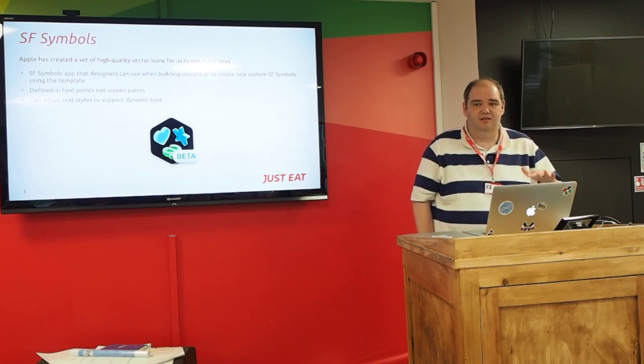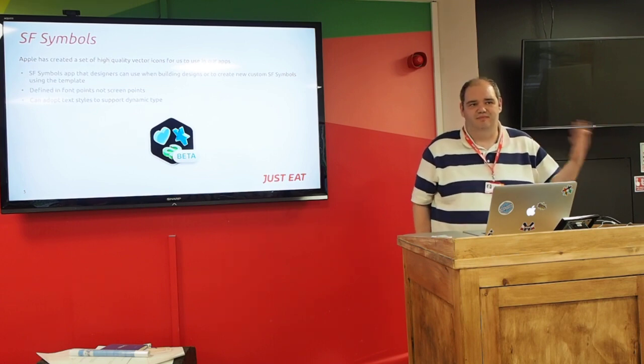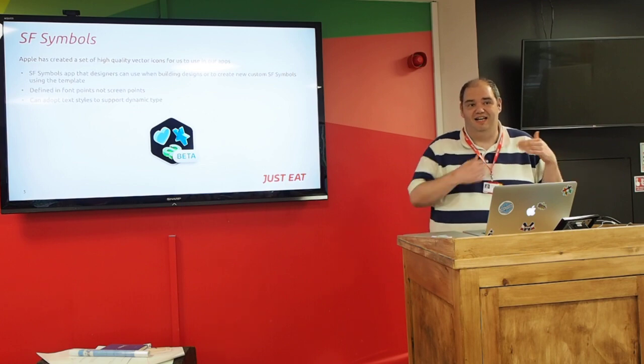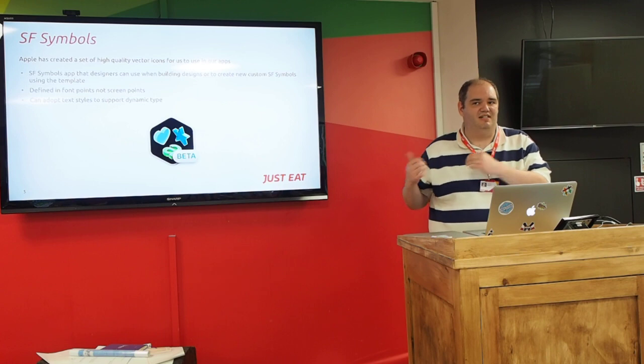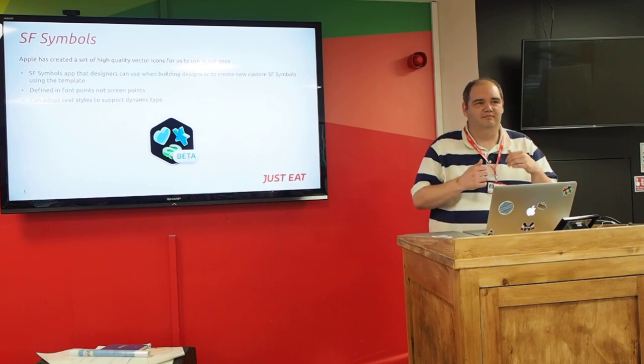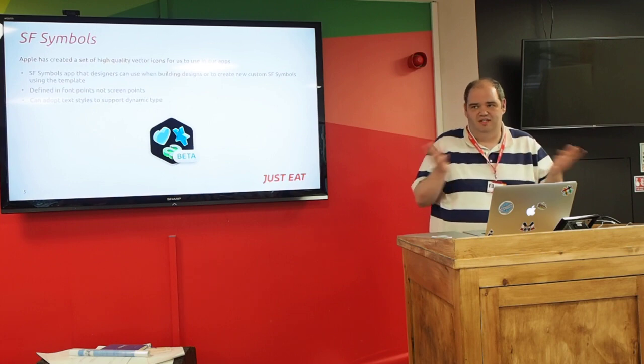It is still all based on UIImage, but UIImage has added a whole bunch of extra methods for getting an image that matches a specific text style rather than just a point size. And the benefit of that is that they strongly support dynamic type, and